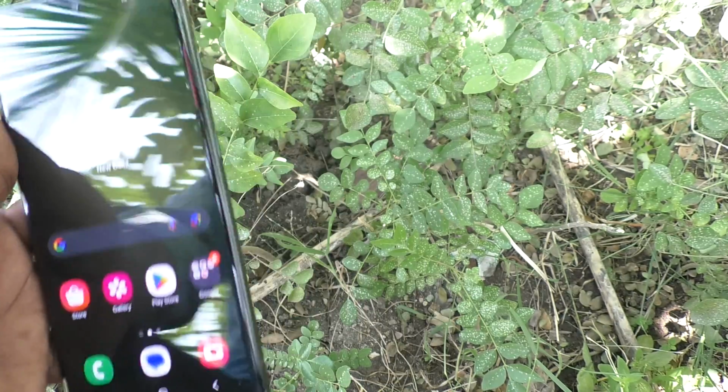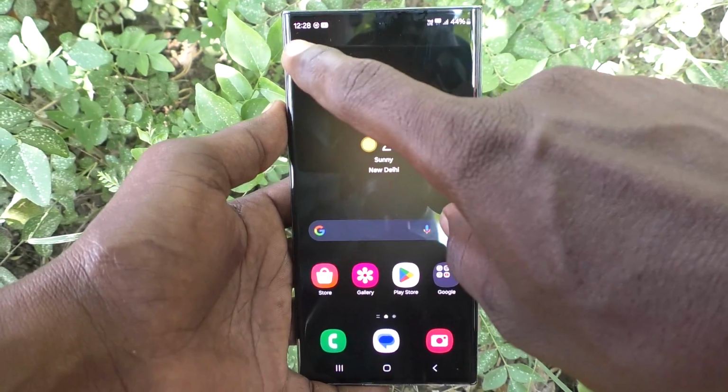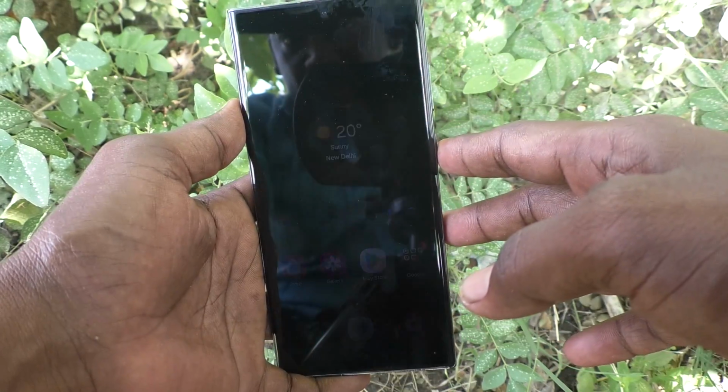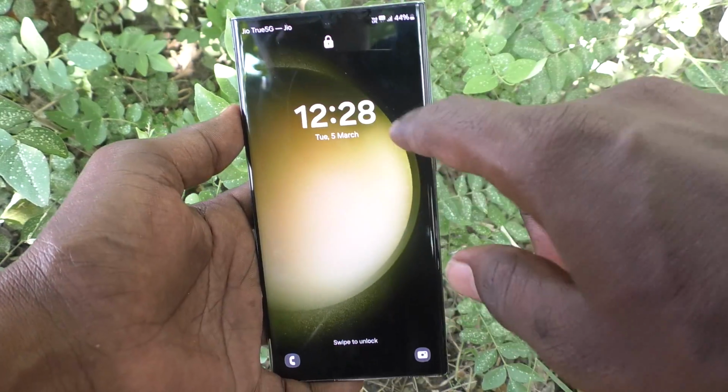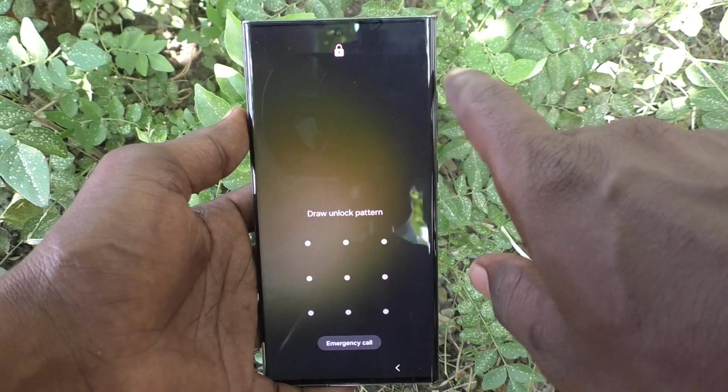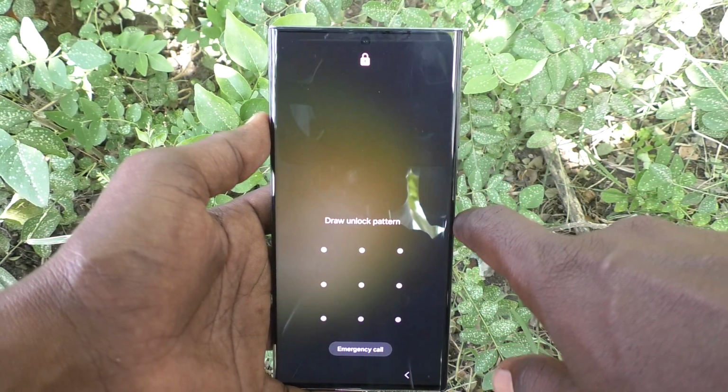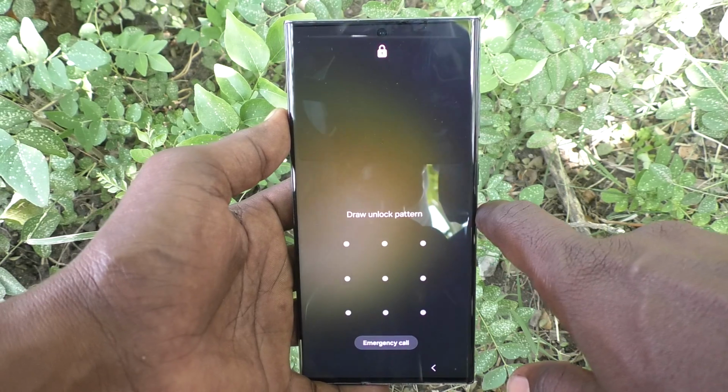In home screen only it is showing, okay, notifications are showing, but in lock screen, put lock your phone, this is lock screen, no notification is showing because it is turned off. In this way you can easily turn off lock screen notifications in your phone Samsung